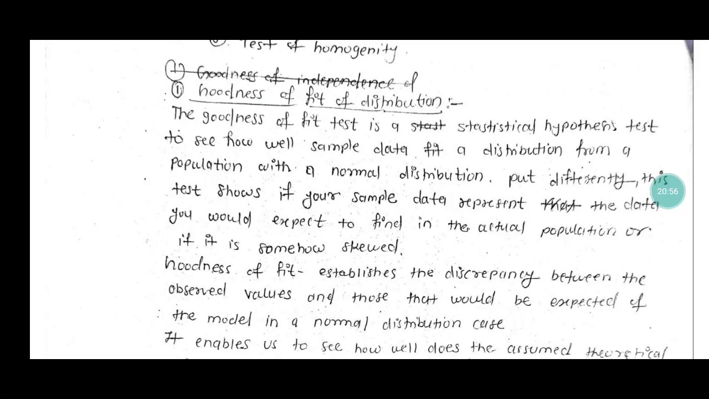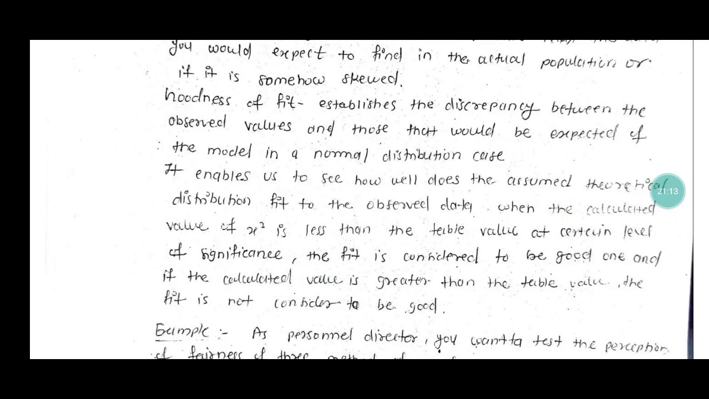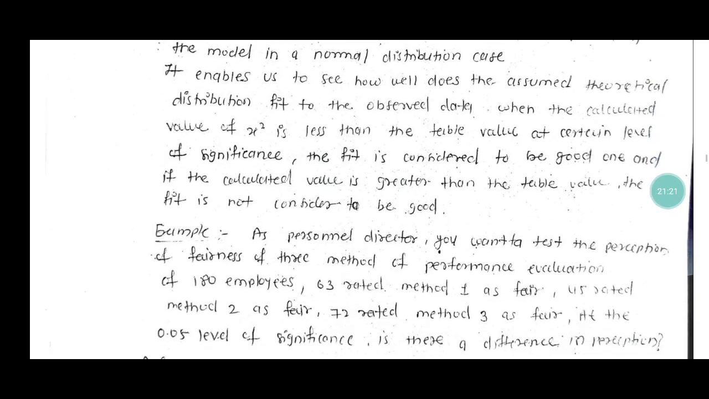The goodness of fit establishes the disparity between the observed values and those expected under the model in a normal distribution case, where it enables us to see the values and assume the theoretical, and also χ² is less than the table value. And this is the example for